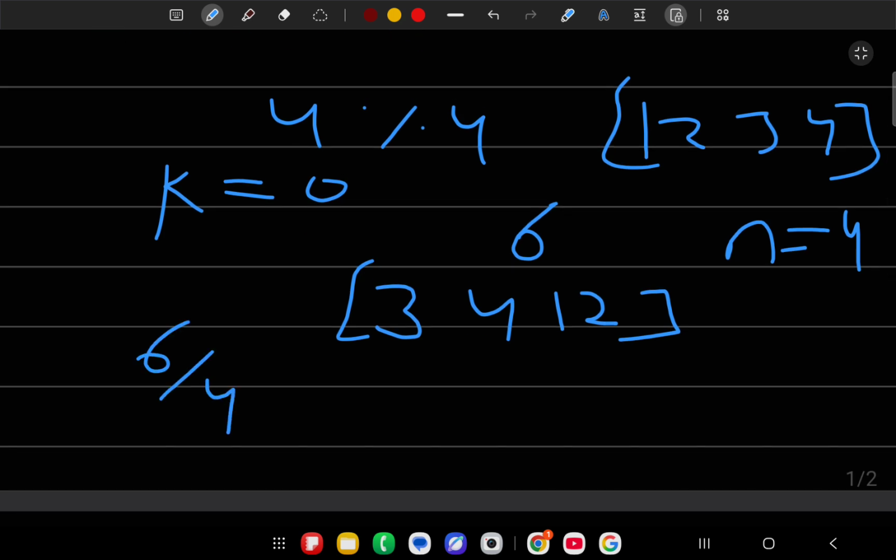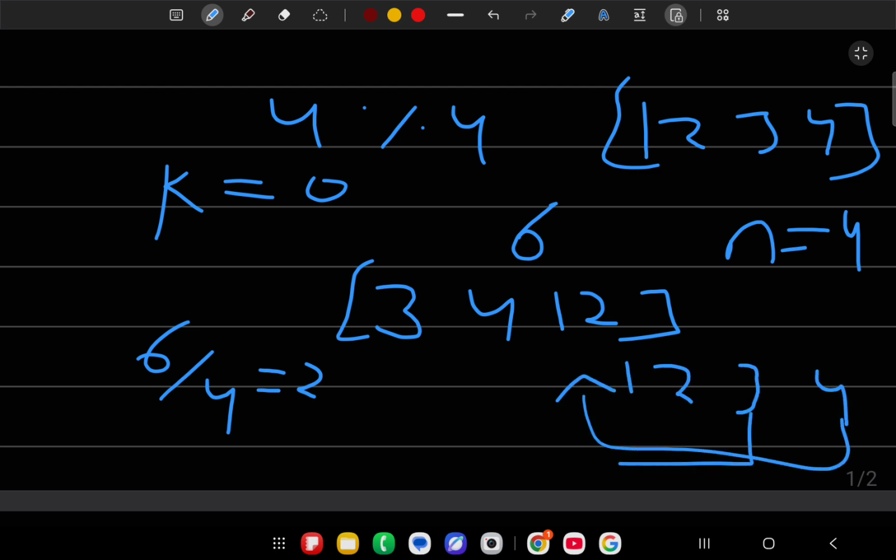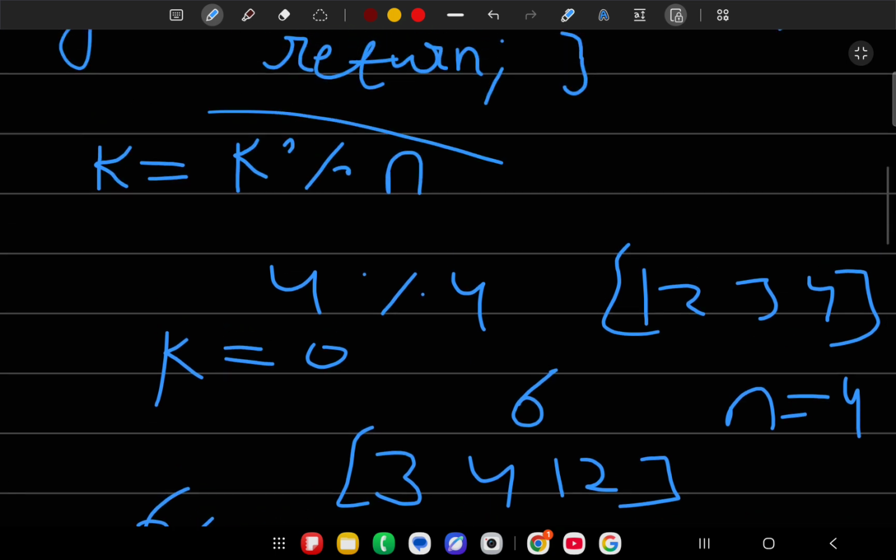What will it give? It will give 2 times. Just rotate it 2 times. That is 1 2 3 4. Just rotate 2 times and you get your answer, that is 3 4 1 2. That is why this is very important, to shorten your time and decrease your time limit.